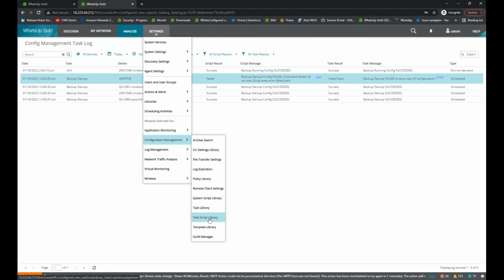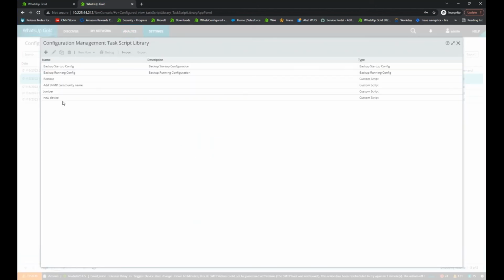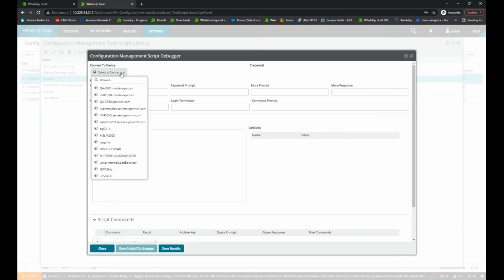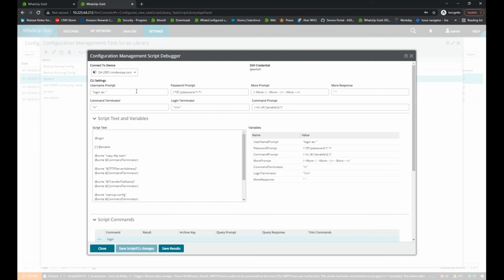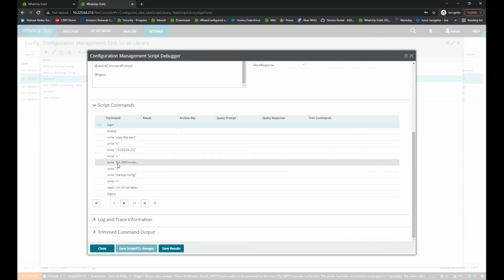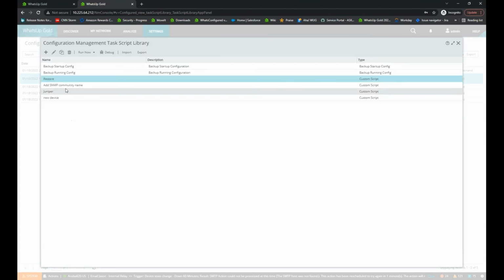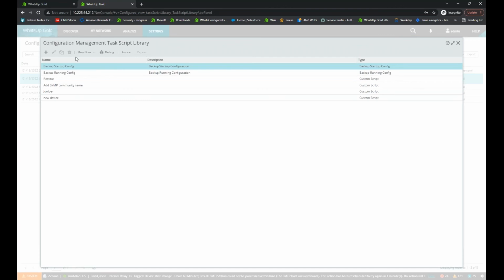So beyond that, under config management, you also have some other tools that you could use as you're developing your script. One is the task script library. Here's where you can basically debug whatever script you want to run, and it will just go through the process of running through everything here. You could just play it and it will just go through. I'm not going to do a restore here, but to show you how this will work,